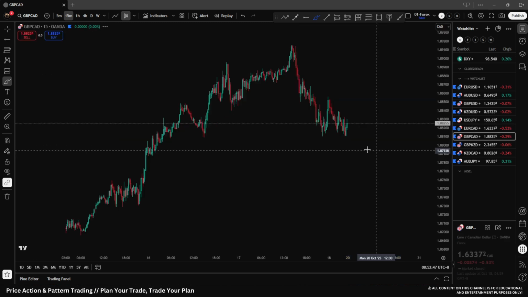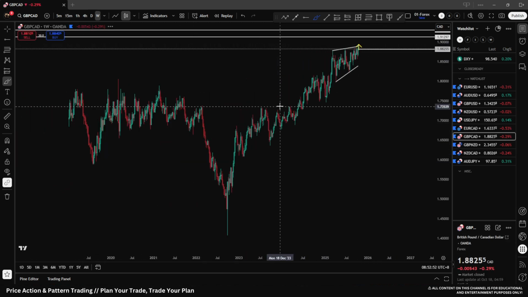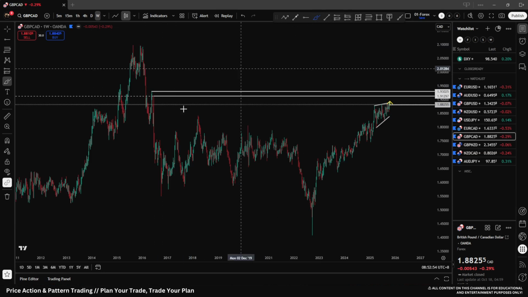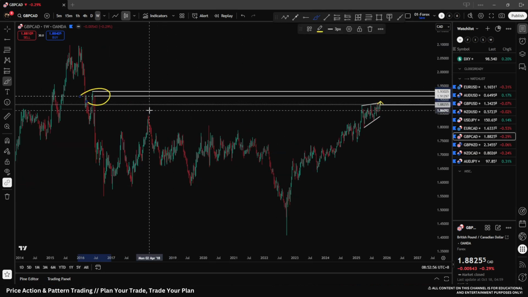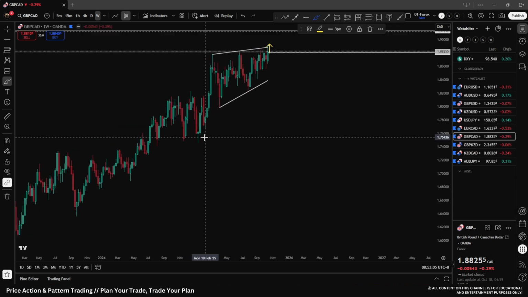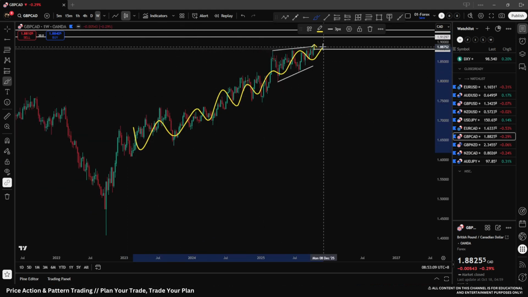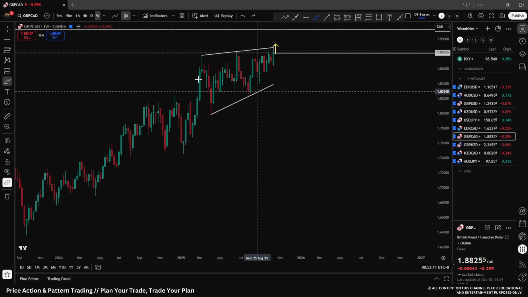Pound Canadian, on the weekly time frame, we can see here we still have some room to the upside, and we are fairly close to two fairly significant highs, or at least the upper area is a bit more significant. And we do see that this is weekly time frame. The price action is very, very corrective. So therefore, I really want to see a clear change in sentiment before I'm starting to look for shorts.